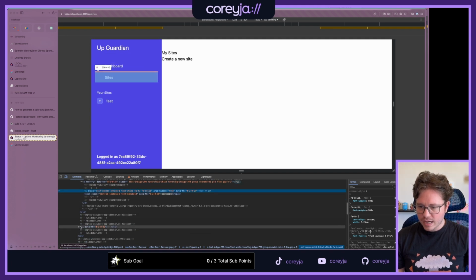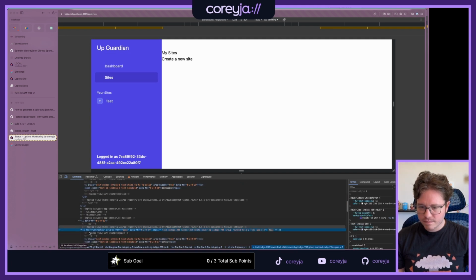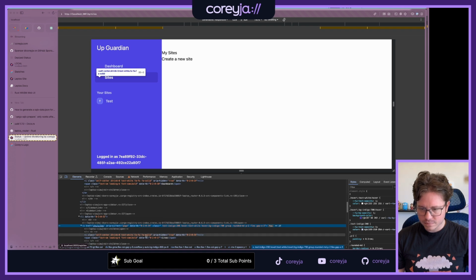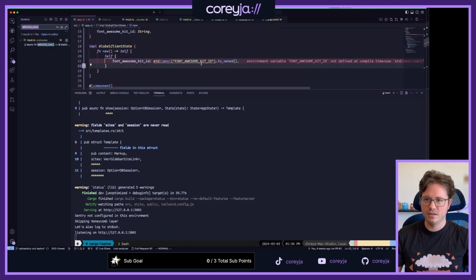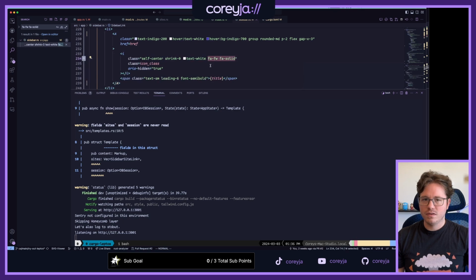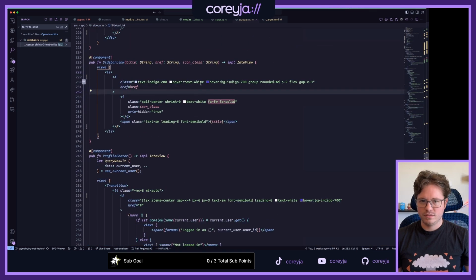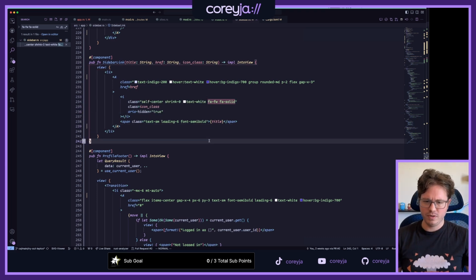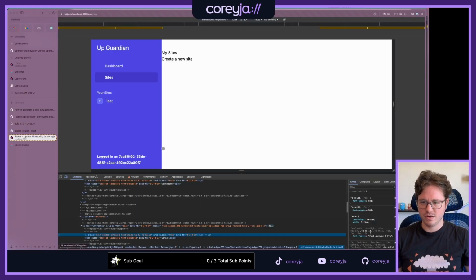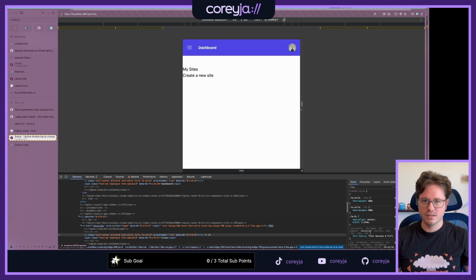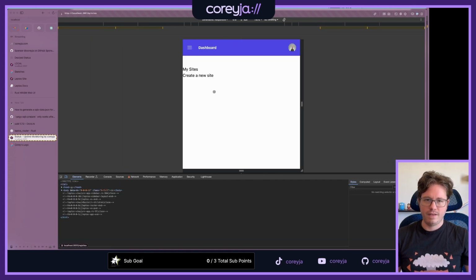Let's see, is there like a different one for this one or something? Font Awesome, SA Solid. It doesn't seem like it actually tells it the font. Okay, so is that for the sidebar links, but where do I have the actual icons? Are they in this size? No, now they're just not there.